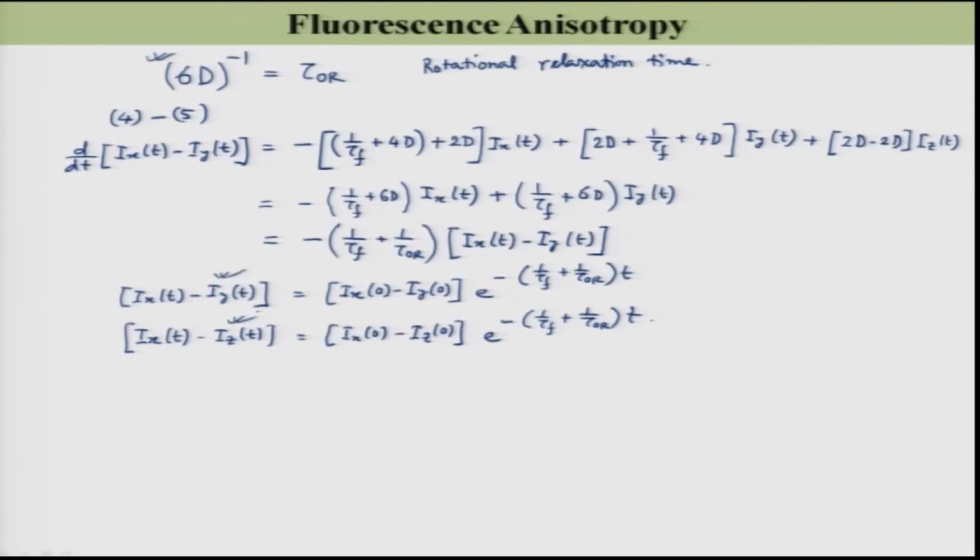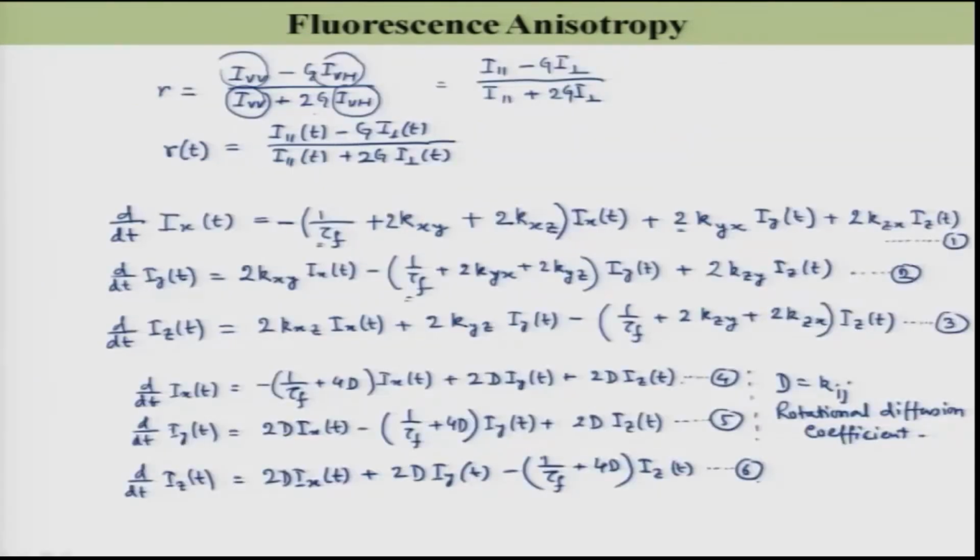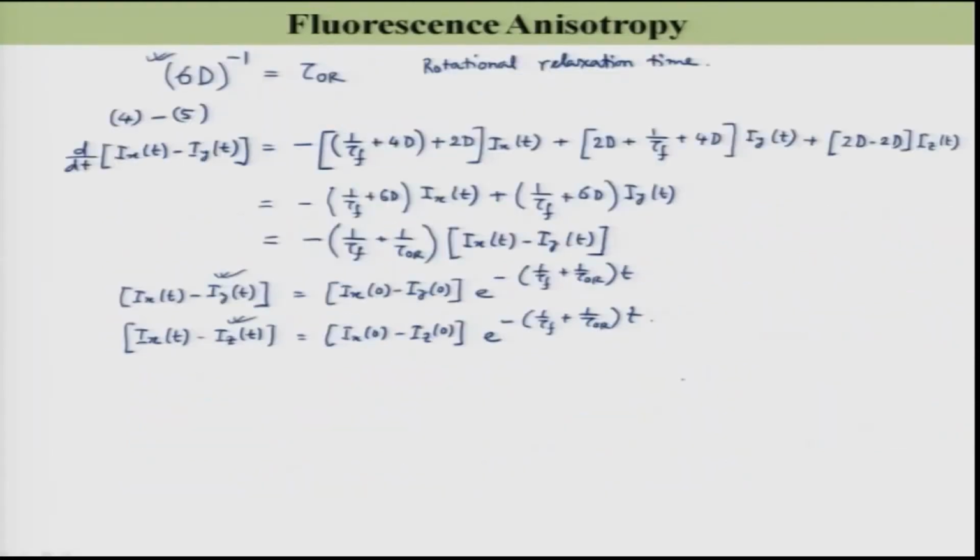Now, if you put the value of Iy(t) and Iz(t) here and here, you will get everything in terms of Ix. So, now let us put the value of Iy and Iz into that equation. Let me name these as 7, this one is 8, this one is 9,